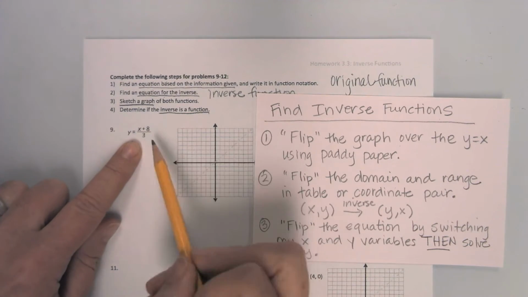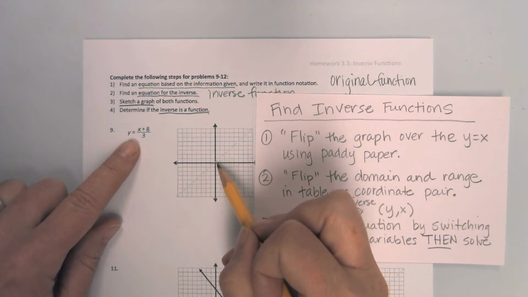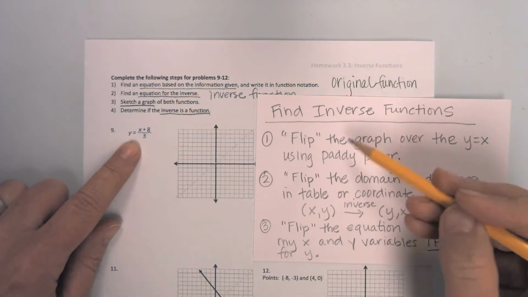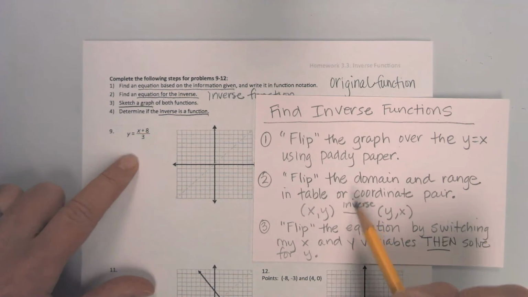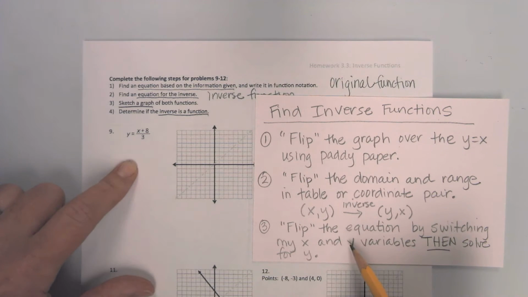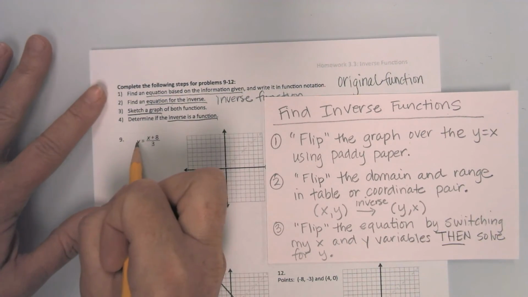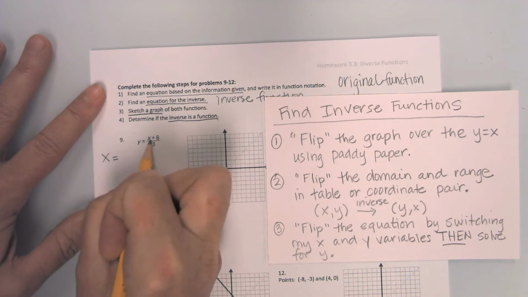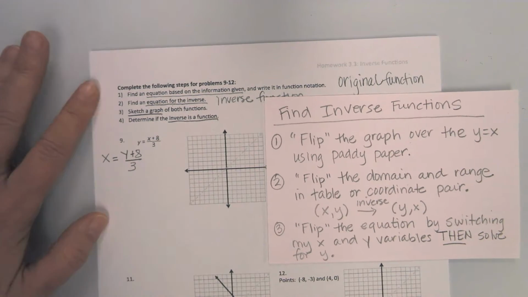I notice in my first one, I have nothing on the graph yet. The y equals x is sketched in just in case we need it. But I do have an equation. So I'm looking here. I have 2 choices. I can make a table with a domain and range, or I can flip the equation first. I think I'm going to flip the equation first. So what I'm going to do is I'm going to take my y and my x and I'm going to flip them. Y equals, my y is going to be up there in the numerator,